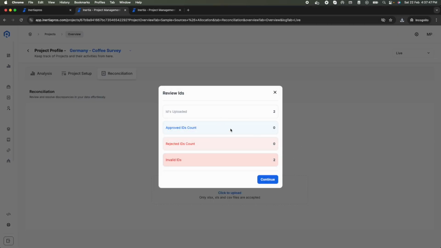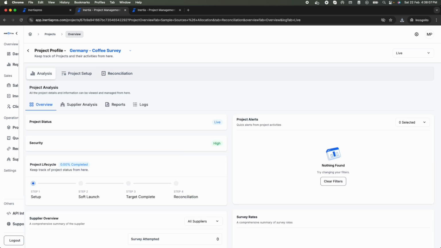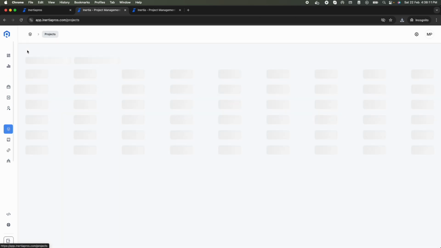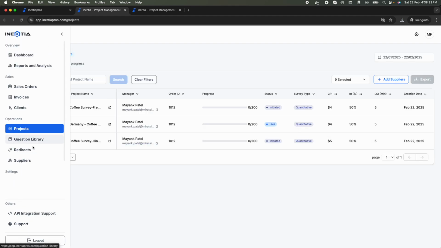Whenever I did it, you can see that the IDs uploaded are 2 and the invalid IDs are 2, because they are not matching, because we do not have any completed IDs registered at our end. There's another tab I'll show you separately in a different video. Now, after going back to my projects page, jumping on to the next section,